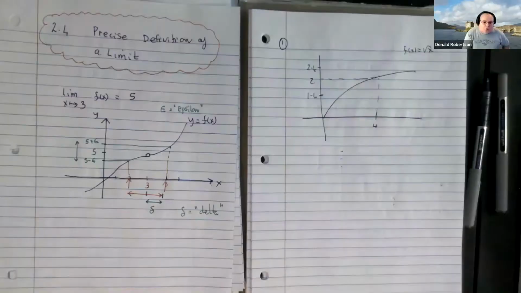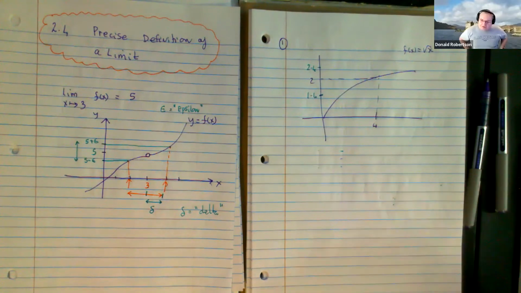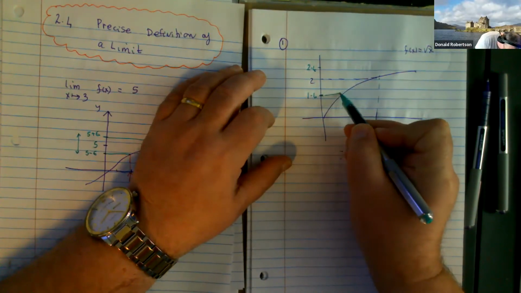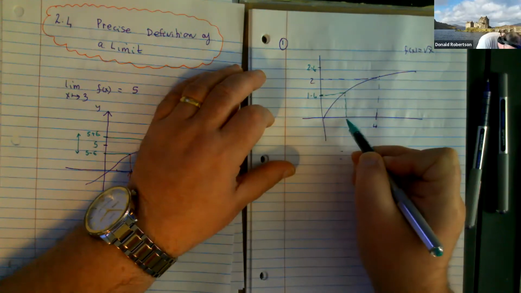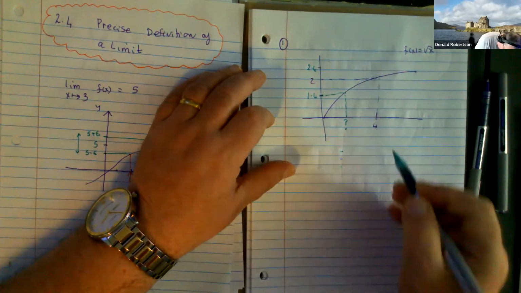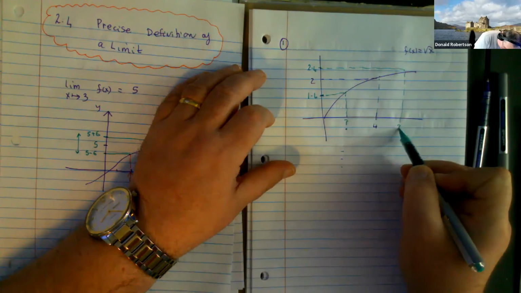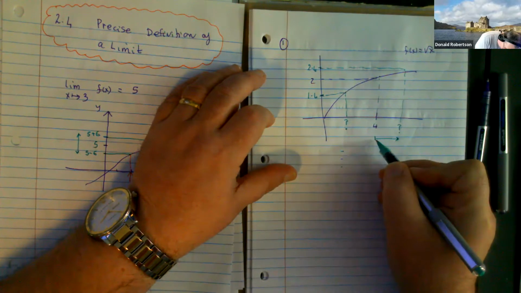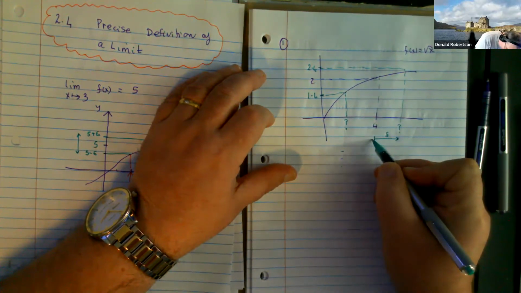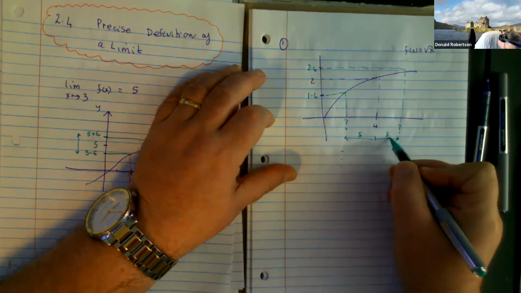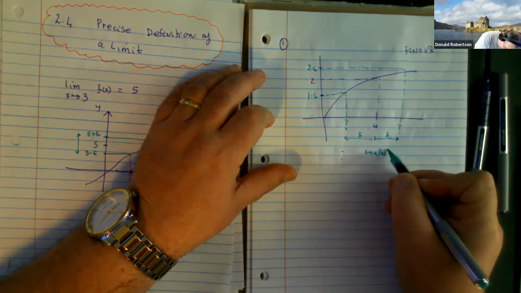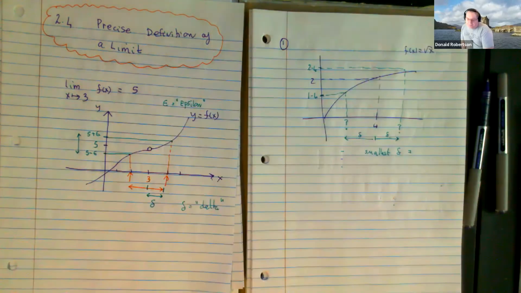We're still looking for delta. Every question is going to be, what number does delta have to be, right? So that's the picture. If you go along here, you come down here, we're going to find that number. If you go along here, and then you're going to go down here, you're going to find that number. The distance from 4 to there is delta. The distance from 4 to there is delta. Whichever one of those is the smallest delta is the one that we are going to use. Okay, so